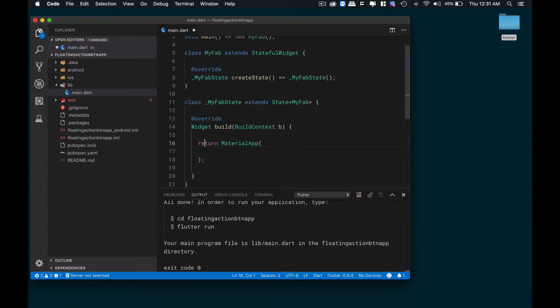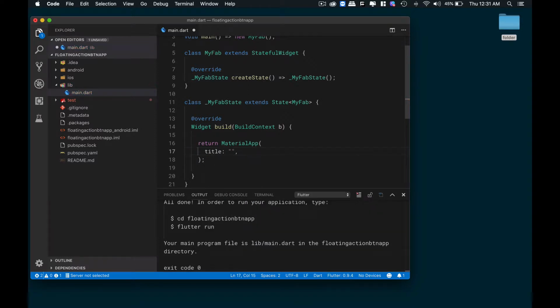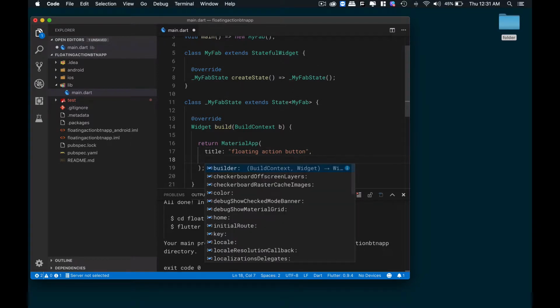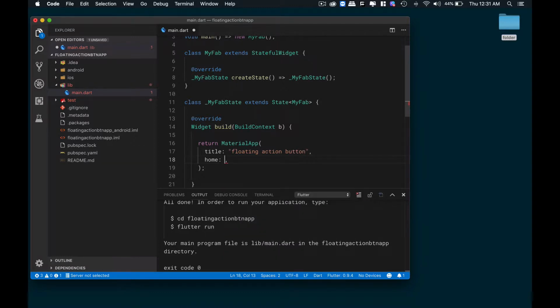Now in this MaterialApp we have a title, floating action button, and the other one is home. So in home we will pass